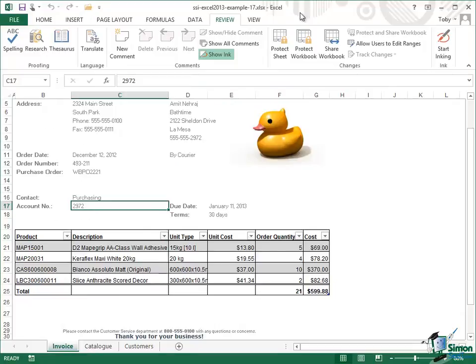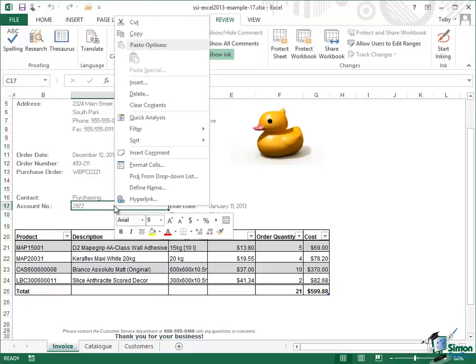And if you look at any of the cells on this sheet, you might be quite surprised to find that the cells are all locked already. By default, the cells on a sheet are locked. Let me show you how you can tell. Let's take this account number cell C17, the one where we type in the client account number. Right click. If you then go to the Format Cells option,